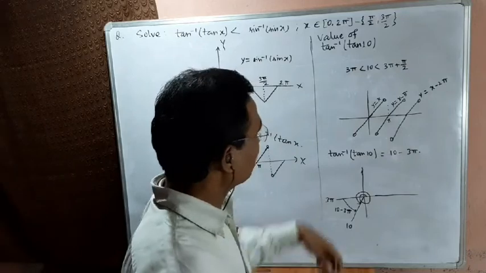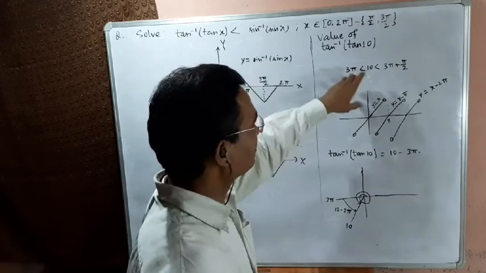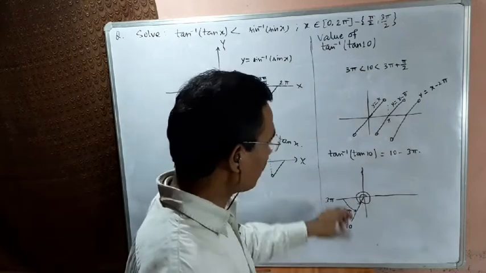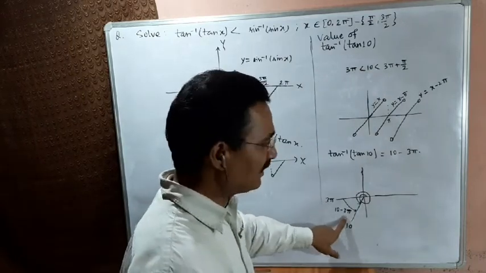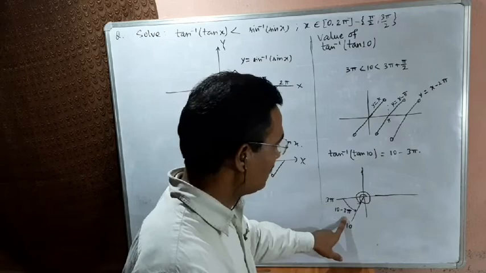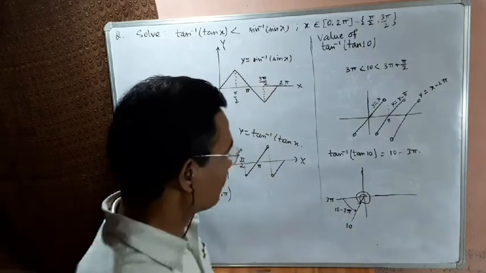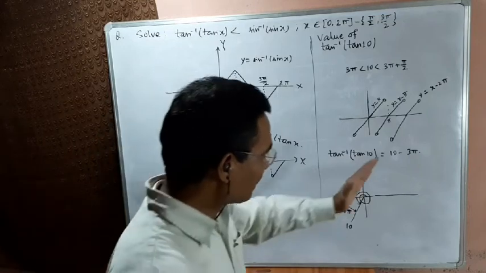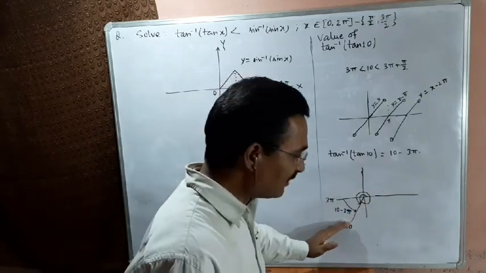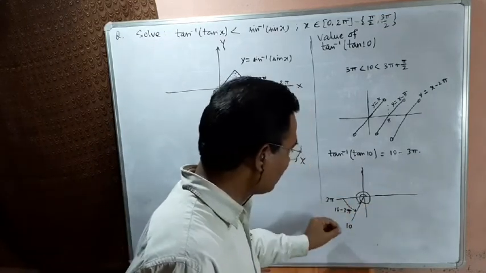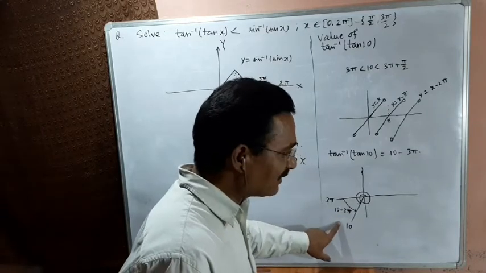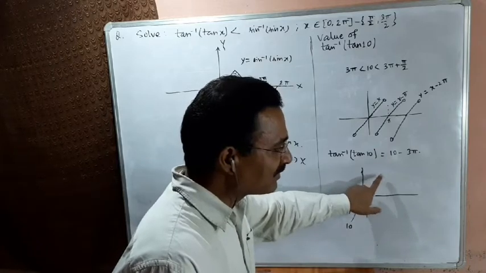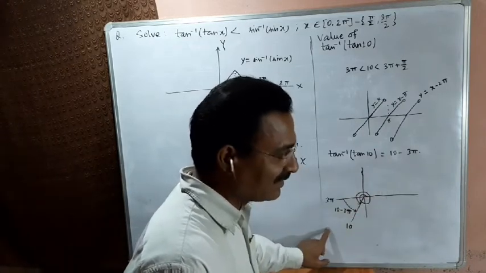Now, try to understand this angle. Obviously, this angle lies in the third quadrant. In the third quadrant, tan is positive, but this is beyond the principal value. Therefore, we try to find an angle in the first quadrant, because tan in the third quadrant is positive, and for any angle lying in the third quadrant there will be an equivalent angle lying in the first quadrant which will give the same value as this angle.